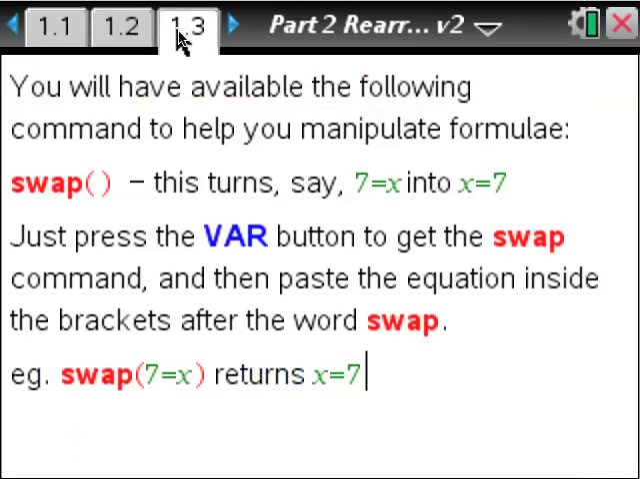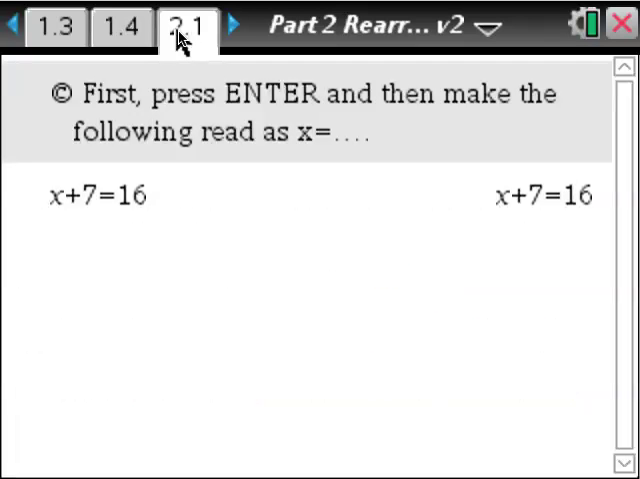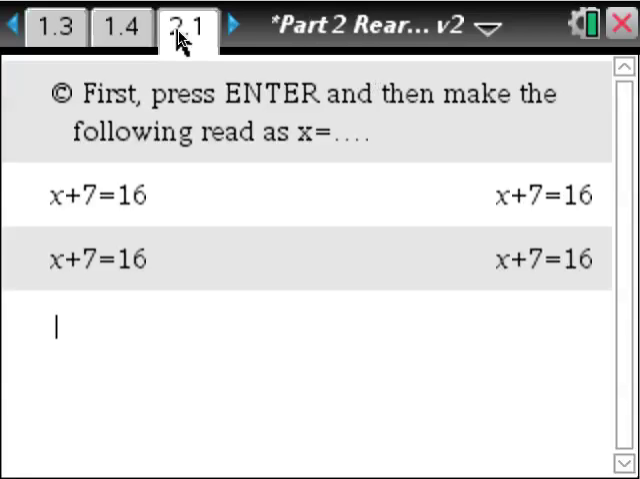There are various commands that have been built in, and I'm going to demonstrate some of them in just a moment for swapping and checking sides of equations. So the instructions on each page would be: first press enter and then make the following read as x equals. So I would just press enter, and to get this to say x equals, all I would do at this point is press subtract 7. It automatically inserts the word ans for answer, and then I press enter